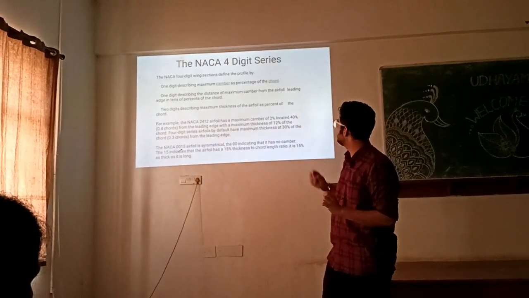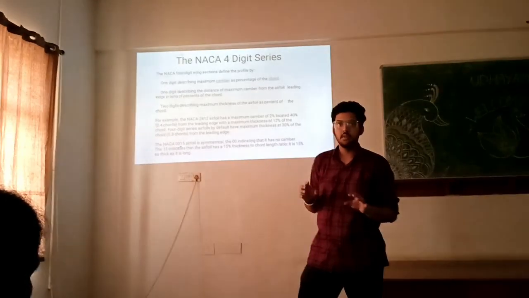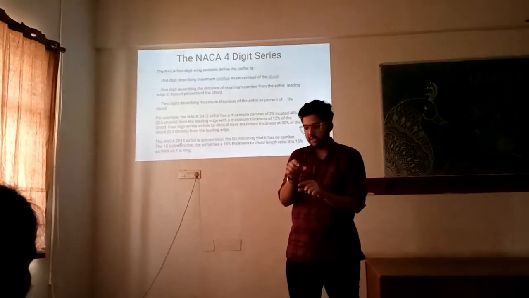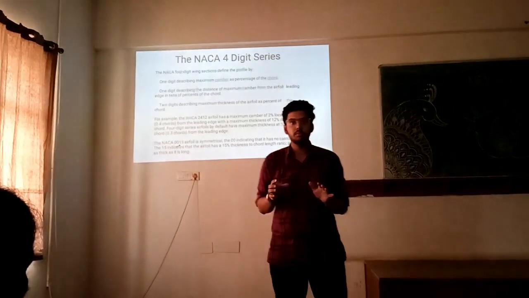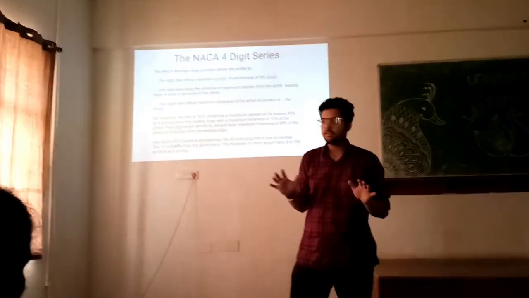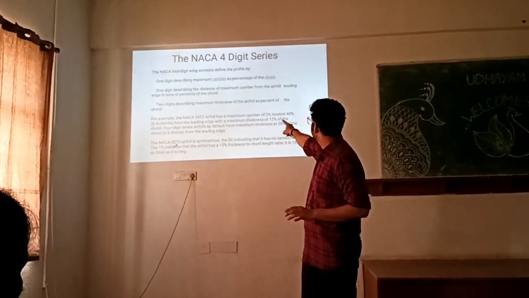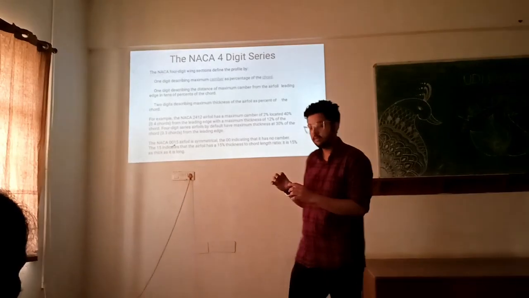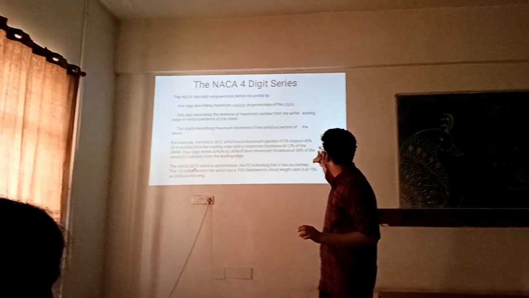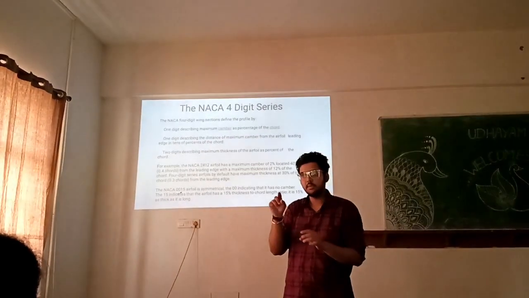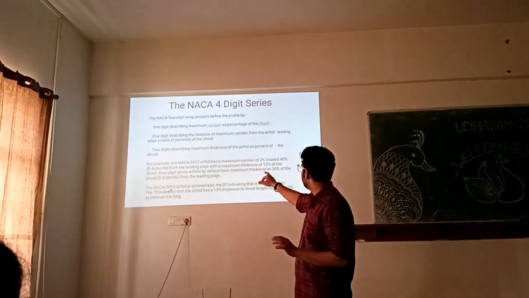So the NACA number is there. It's used to describe the airfoil of an aircraft. The numbering is given, like 2414, and it is just for getting some information. In 2414, the 2% is the maximum camber, meaning how thick it will be, and the 40% is at 0.4, because we divide 40% by 100.